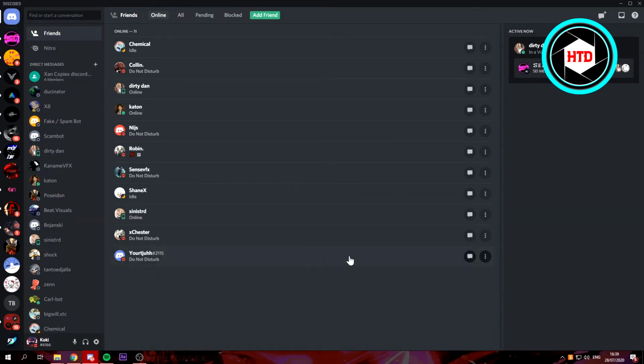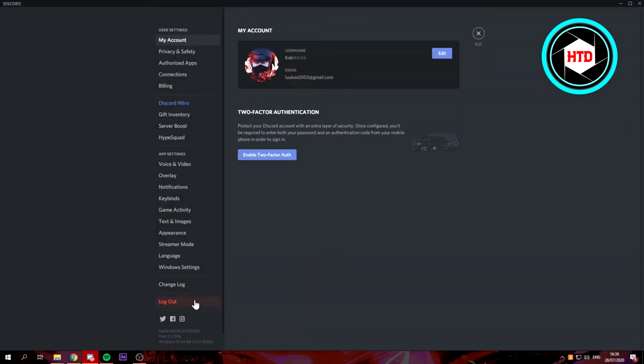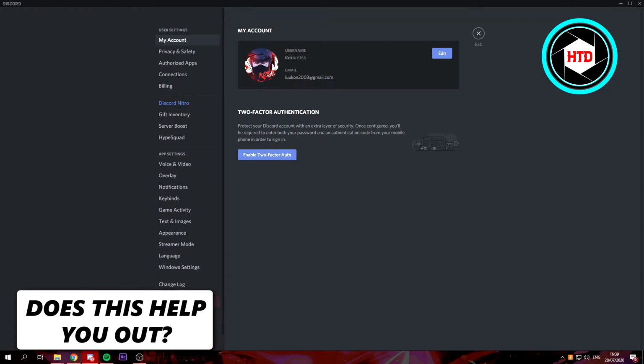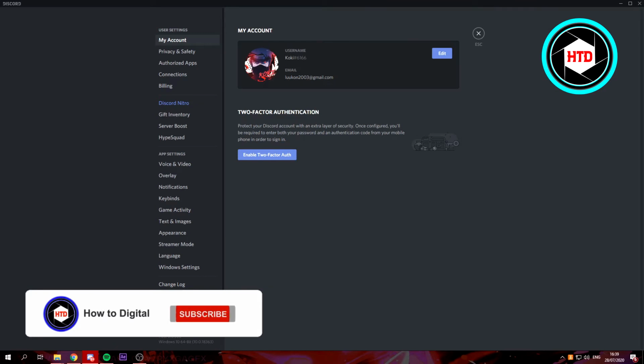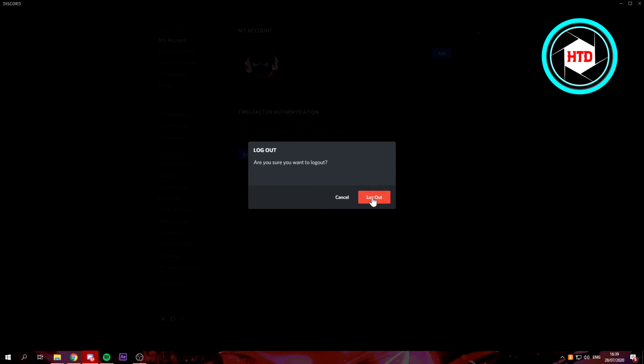So, once you're here on your Discord, just click on this user settings icon right here, and then as you can see at the bottom it will say log out. So all you need to do is just click on that, and it says are you sure you want to log out, and just click on log out,